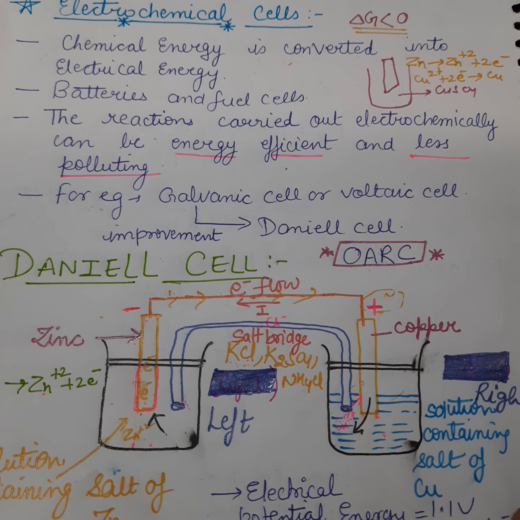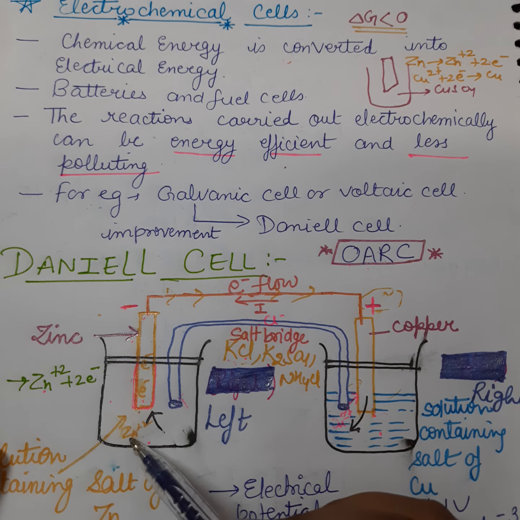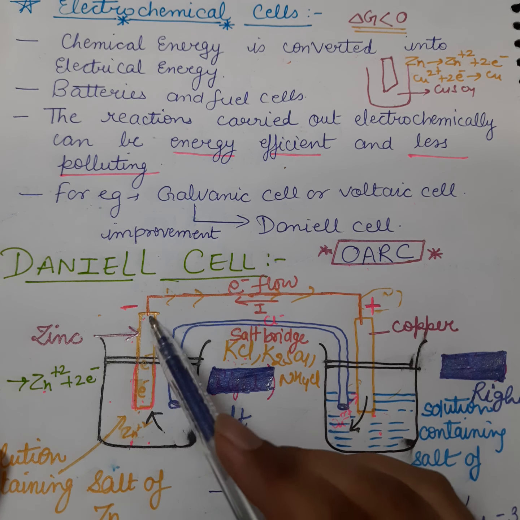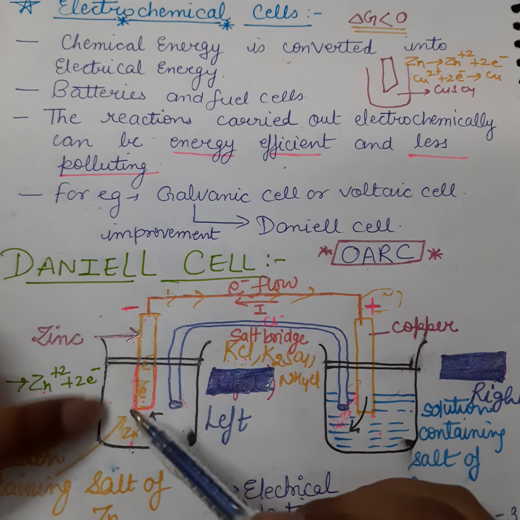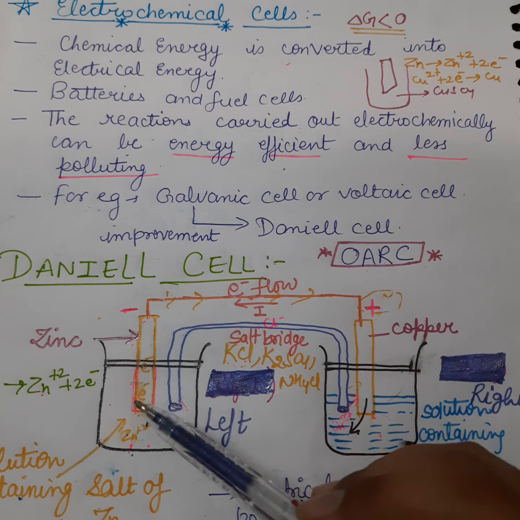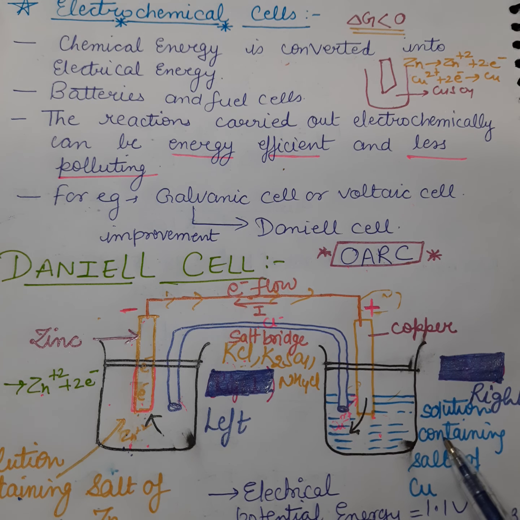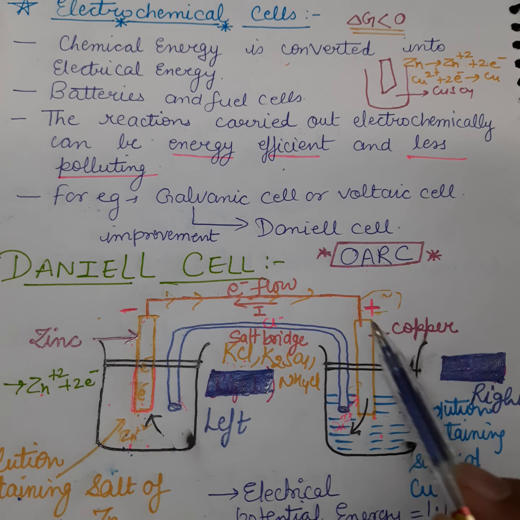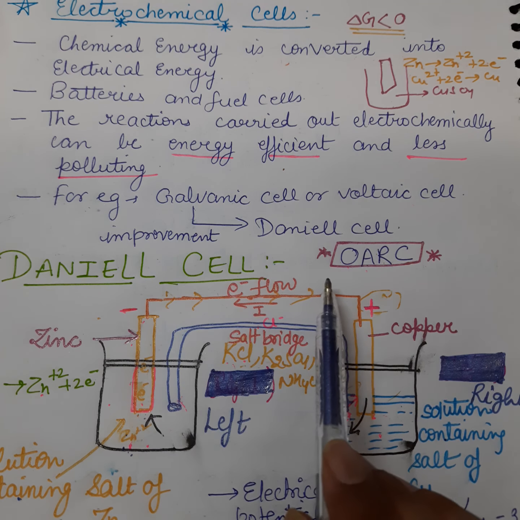Now just see here, this is a diagram of the Daniell cell. In a beaker, zinc sulfate solution is taken, okay, and a zinc rod is dipped in this solution. So basically it is a metal rod and a solution containing a salt of zinc. It is basically a metal rod dipped in the salt solution. Here you can see copper sulfate contains the blue color and the copper rod is dipped into it. And these are connected with a wire and a battery with a switch.